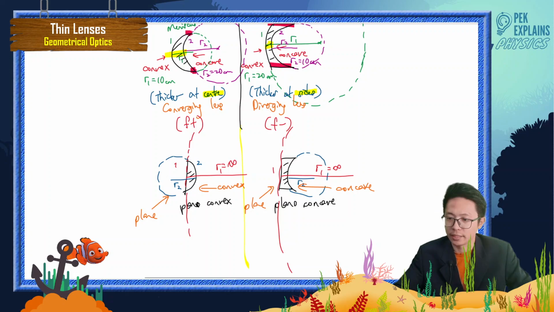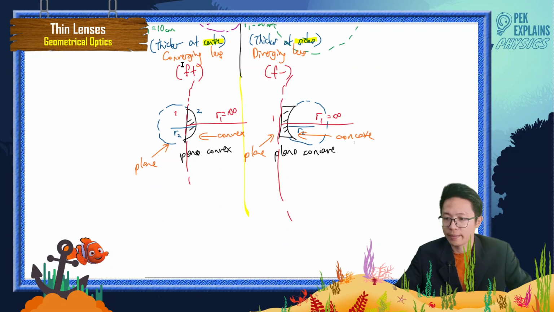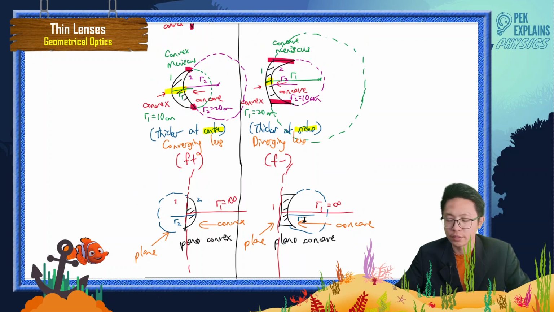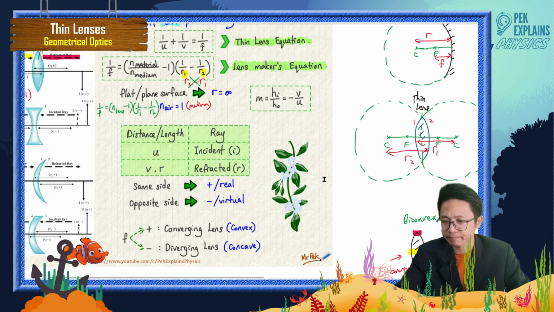Okay, so hold on a second. So this just divide these two. Okay, so this is converging and this one is diverging. Okay, so remember plane surface, radius is infinity. Now let's look back to our